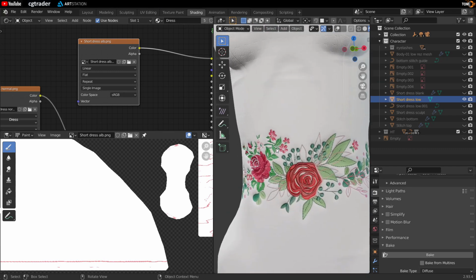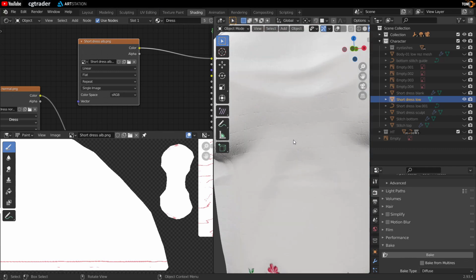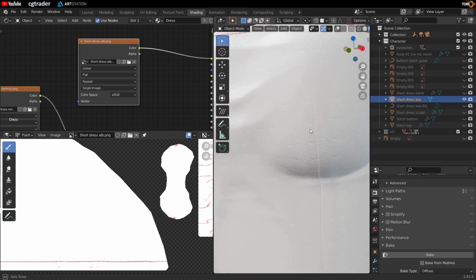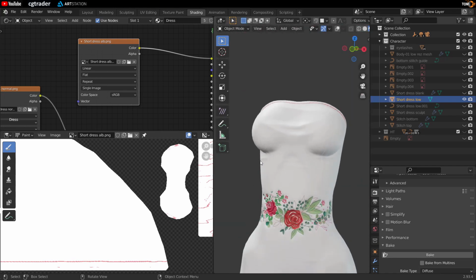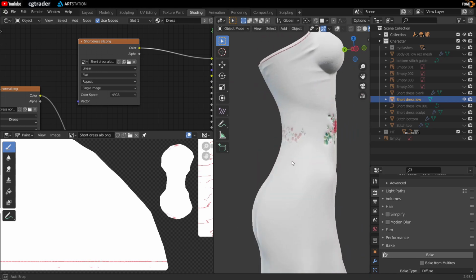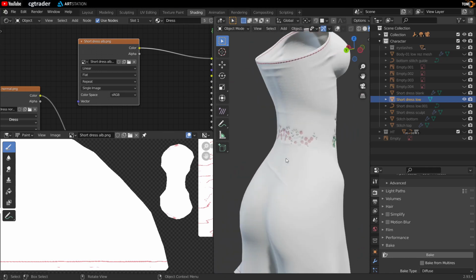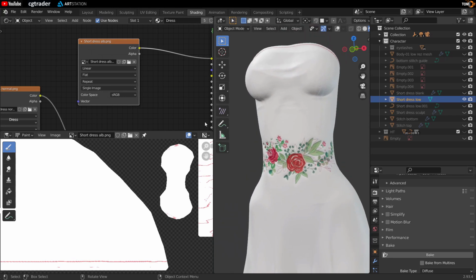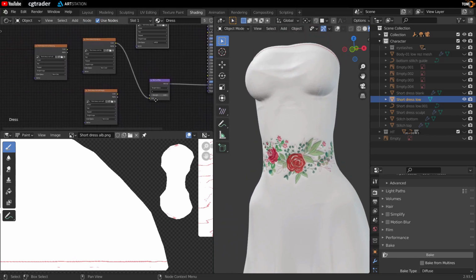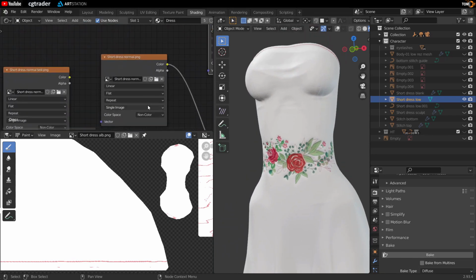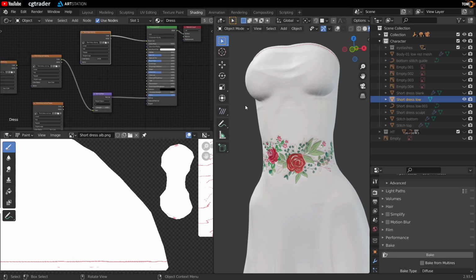Got our flowers in our dress. We've got the fine textures and the wrinkles. So I think that's about everything. I do think that we need, let's see here. I think we need,